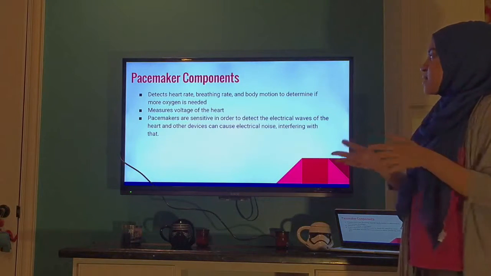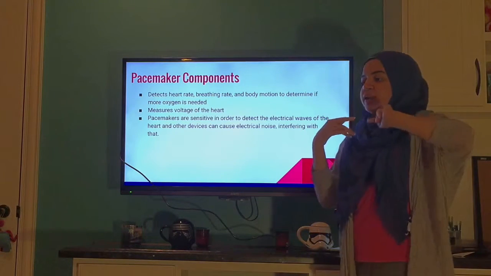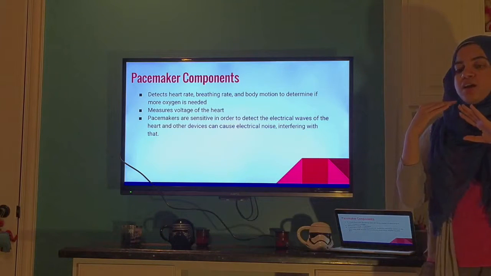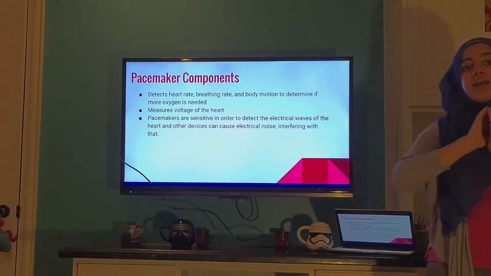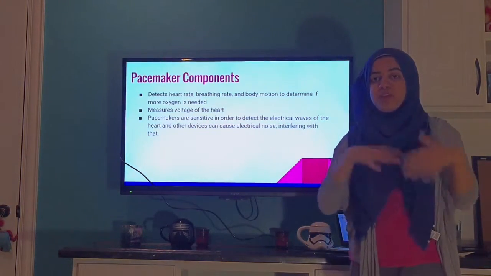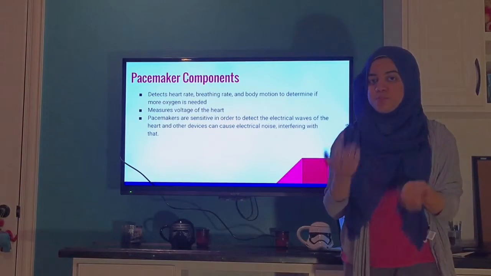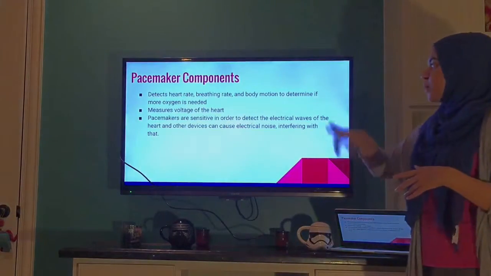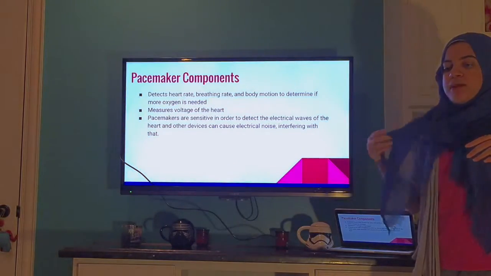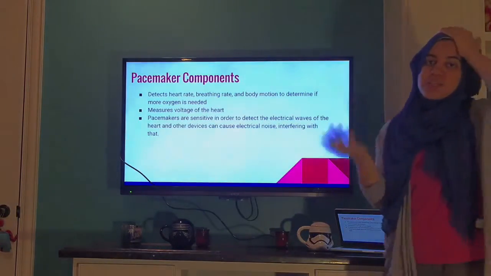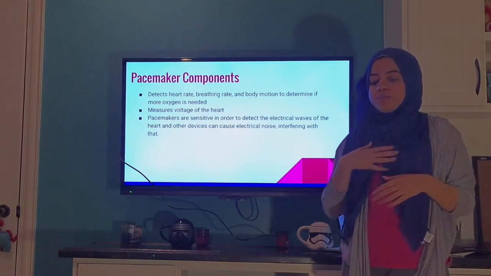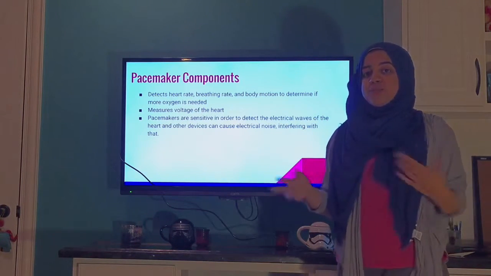So the pacemaker can detect heart rate and your breathing rate, and some advanced pacemakers can determine exactly how much oxygen you need, so that they can modify the electrical impulses in order to stimulate correctly. So it'll measure also the voltage of the heart. It's actually a sensor of sorts. So it doesn't just send those impulses, it also senses the body's conditions and senses the correct stimulation to send